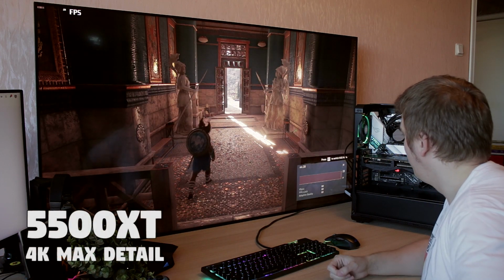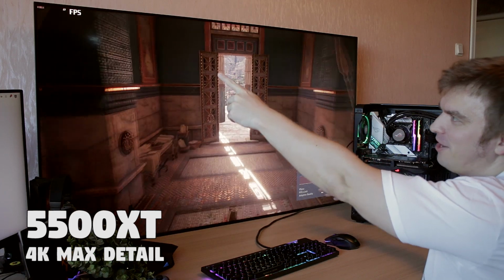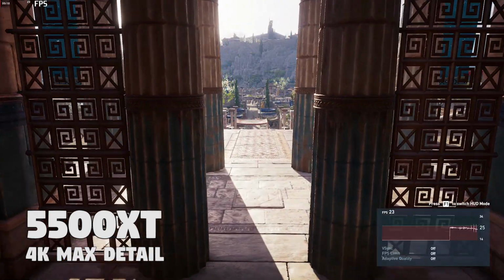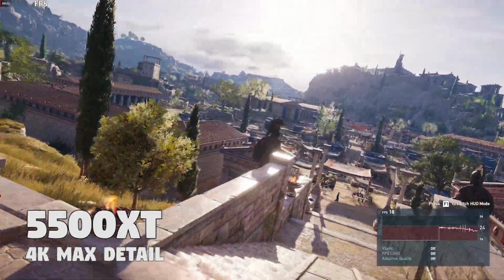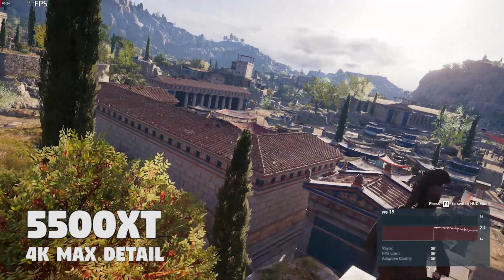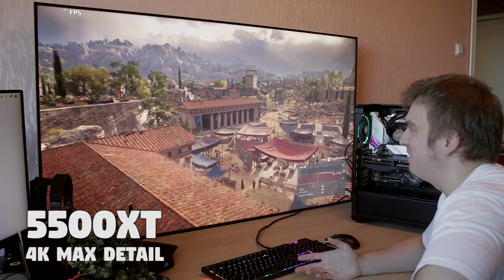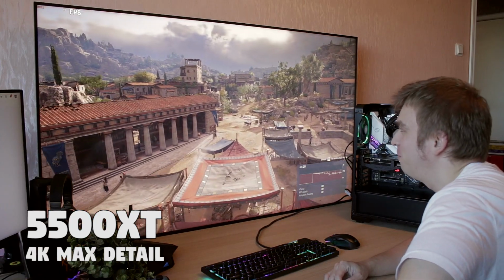Alright, so 28 frames per second here. I have a counter there from MSI's Afterburner, but I couldn't make the frame rate counter bigger. But yeah, 21, 17, 18, well, yeah, it's not really playable at 4K, right? Maximum detail. But still, 20 frames per second for...